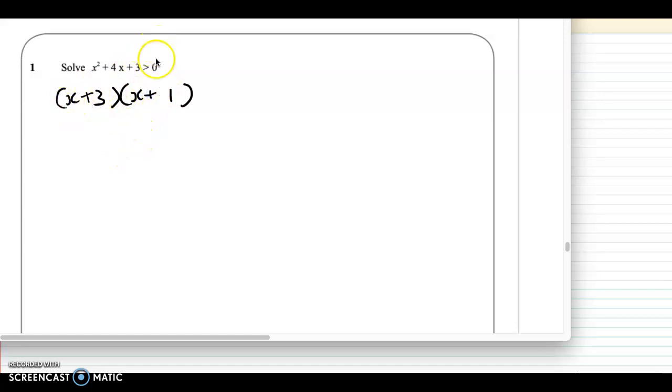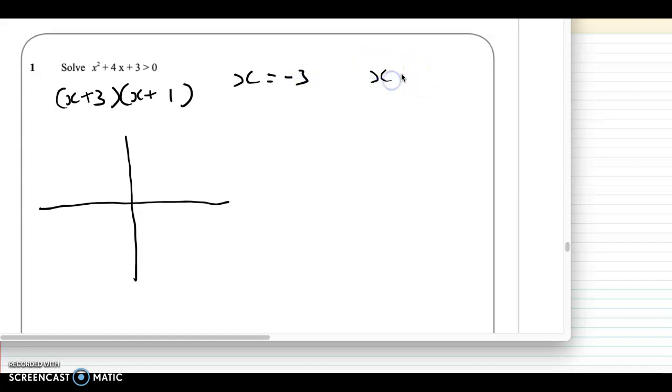Right, it has to be greater than 0. So instead of trying to work it out in your heads, let's just draw a graph and plot it in. Firstly, I've missed a step. x is going to equal minus 3 and x is going to equal minus 1. So let's put that in the graph. We'll have minus 3, minus 1,